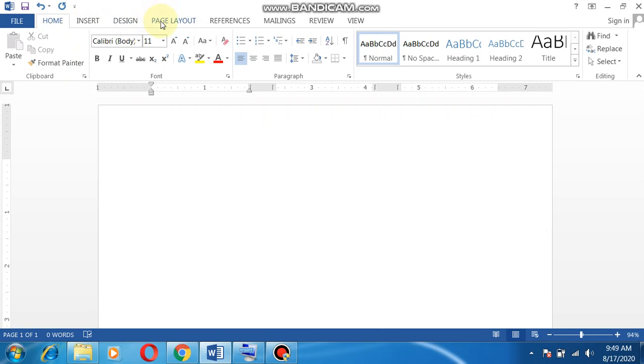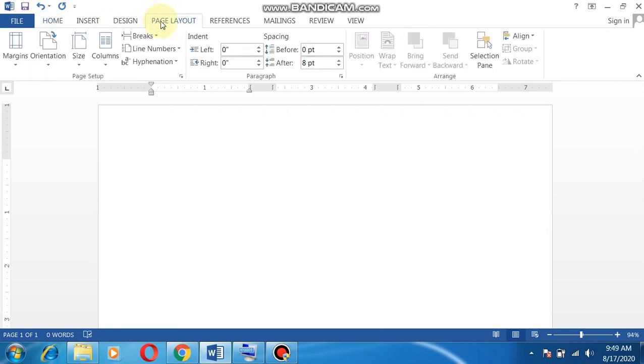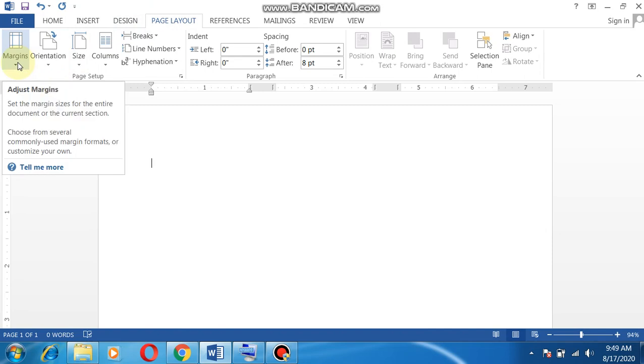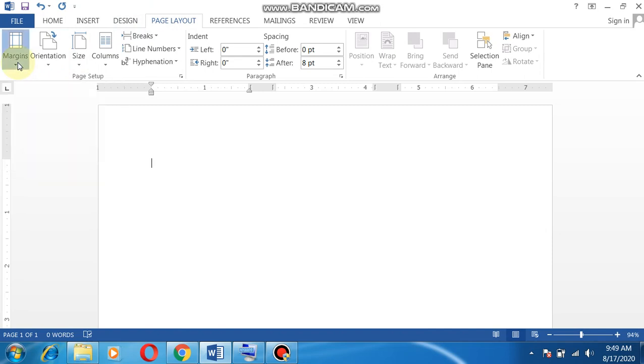To increase or decrease the margin, we have to click the page layout option, and under the page layout tab you will see the margins option. Okay, margins option. Click on the margins option.